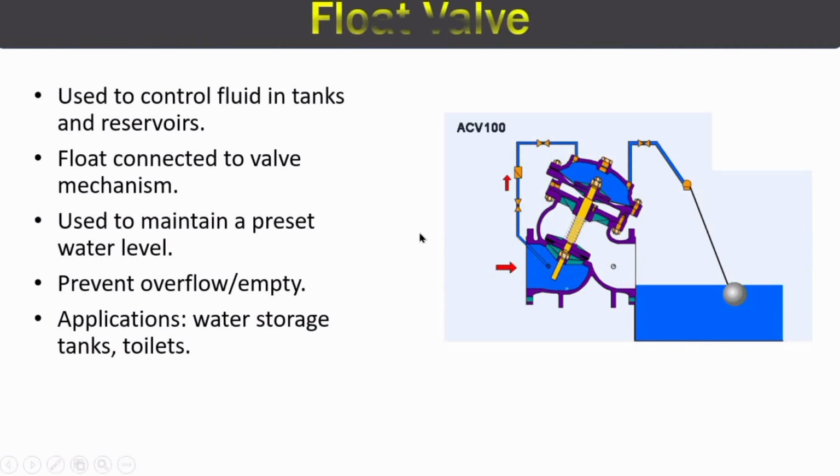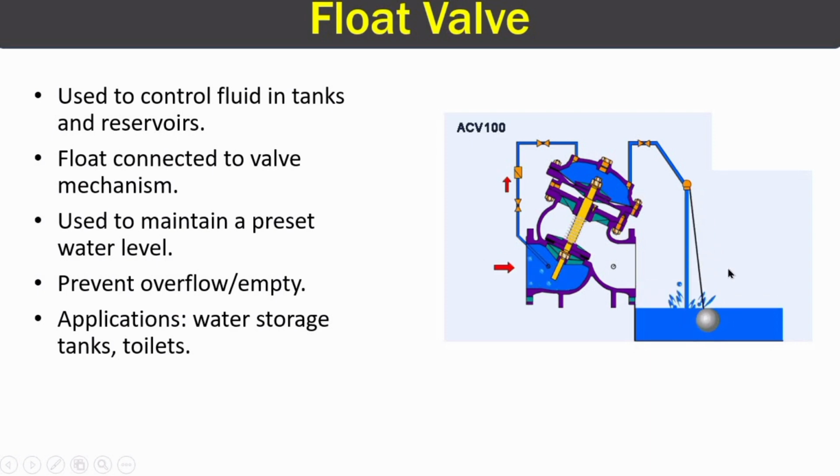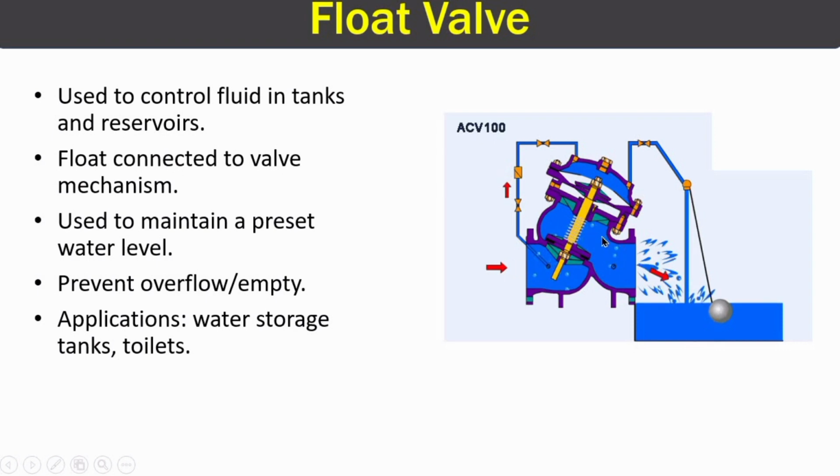Last valve type that we are going to discuss today is float valve. This is the float valve, and it is used to control fluid in tanks and reservoirs. And this right here, this is reservoir, and this is float of the valve. Float of the valve is connected to this mechanism, all right, and it is used to maintain a preset level